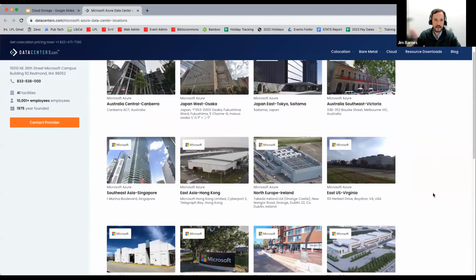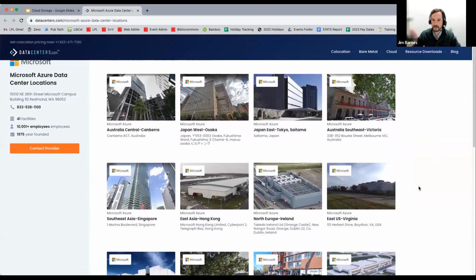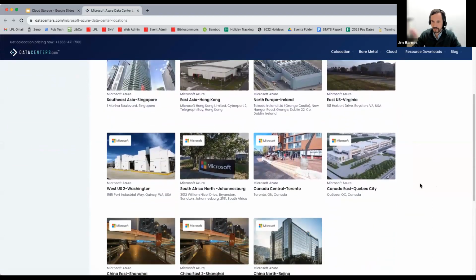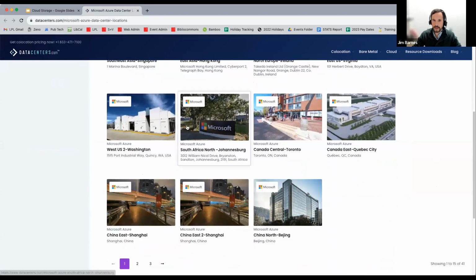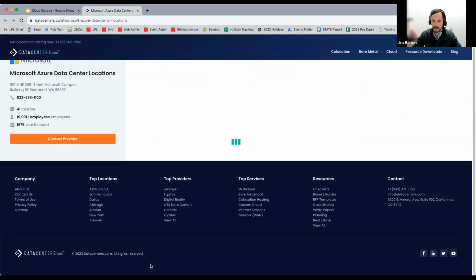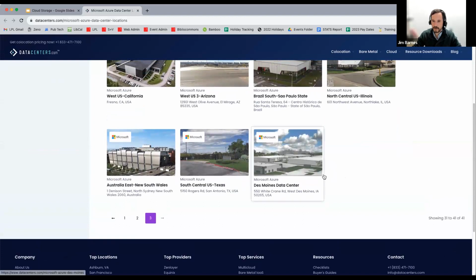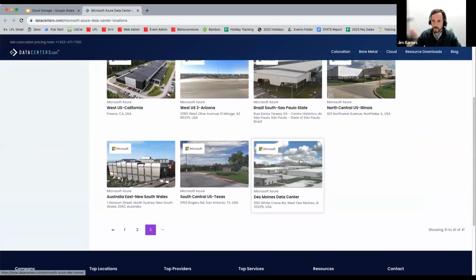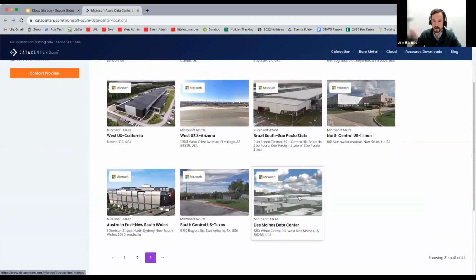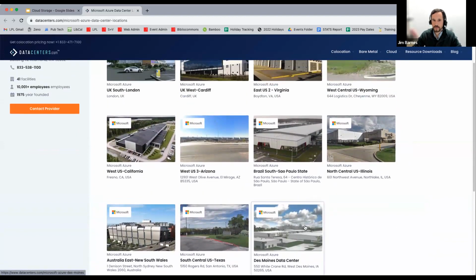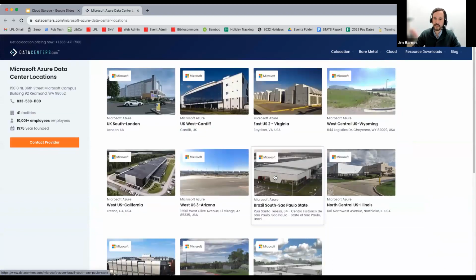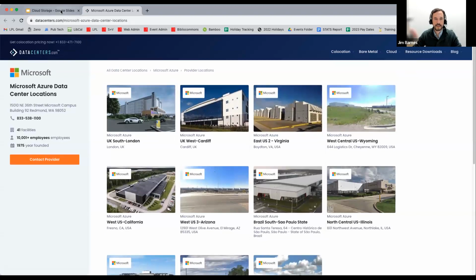This is a website, and this is Microsoft's global data centers. And this is everywhere in the world where they operate these large warehouses of computers called data centers. If you go to page 3 here, there's one in Des Moines. And that's probably where a lot of our data here in the Midwest is stored if you're storing something using Microsoft. So this is just to give you an idea. It's just these huge warehouses, and it's not in the sky.